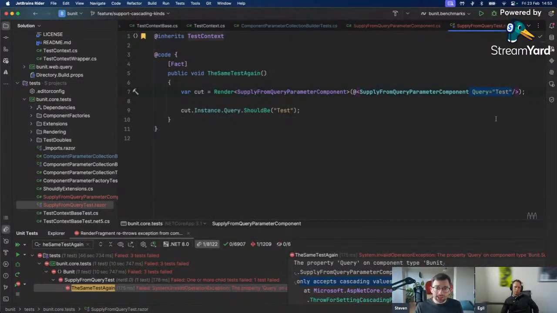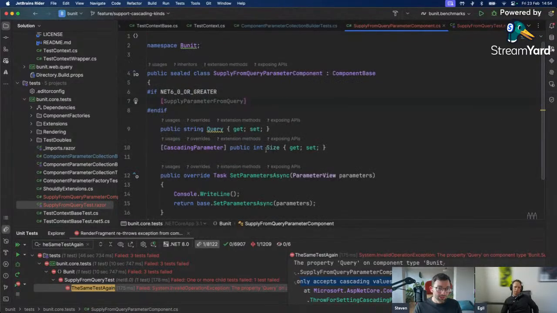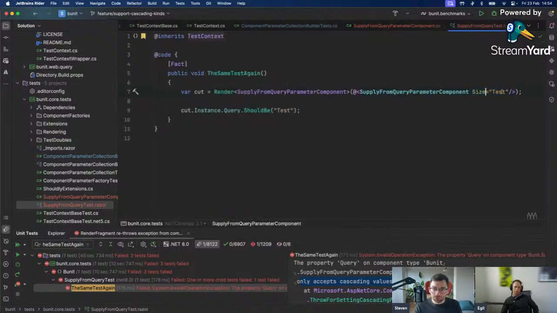So obviously it complains here, which makes sense, because if you try this with size, that should also not work if I do that. That's literally the same issue, just differently shaped. Yes. Okay. So, well, yeah, you cannot refer people to do Razor test files to make it work. But there is